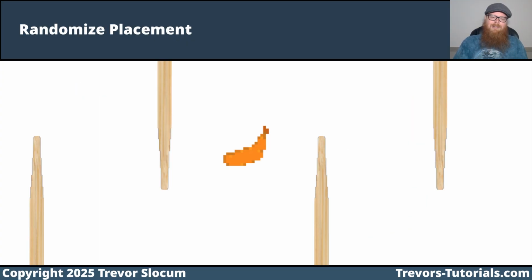We'll randomize the placement of the chopsticks on the screen, so we'll need to give each chopstick an X position, a Y position, and a flag that controls whether or not it's flipped vertically. To handle collisions, there are many different ways we could go about it, but for simplicity in this game, we'll create some rectangles for the player and rectangles for the chopsticks.